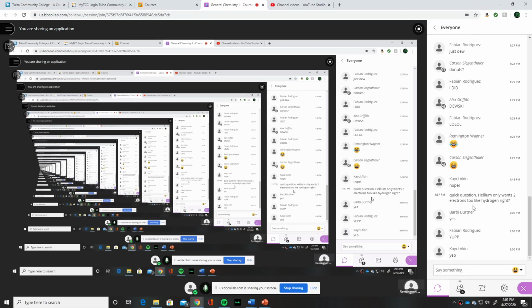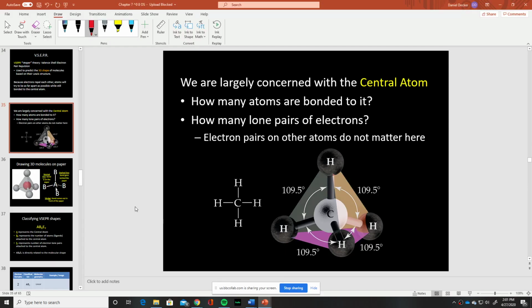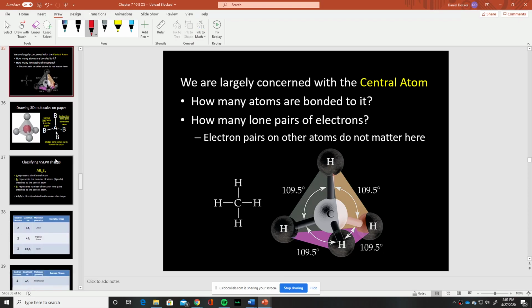To answer your question, Casey, helium does only want 2 electrons, but helium's not going to show up on the exam. Helium doesn't form molecules, so it's not going to be there. But you are correct that helium only wants 2 electrons. And it has its 2 electrons, and so it's not going to bother trying to get any more. So what I was checking on